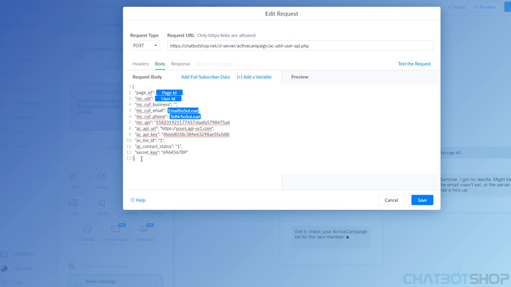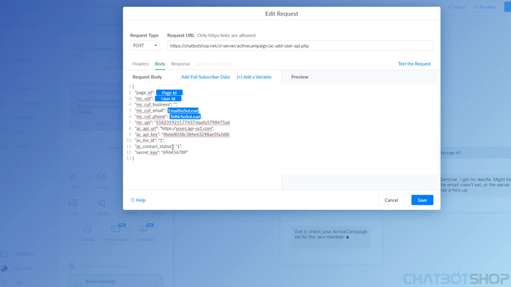You can of course add or remove the things you don't need, but for this purpose we use the page ID, the ManyChat user ID, a custom field for business, a custom field for email, which of course is helpful if you send stuff to an email program, the phone number, the API key from ManyChat, the API URL from ActiveCampaign, as well as the key from ActiveCampaign, your list ID, which you can find